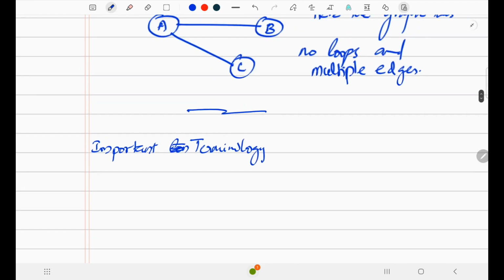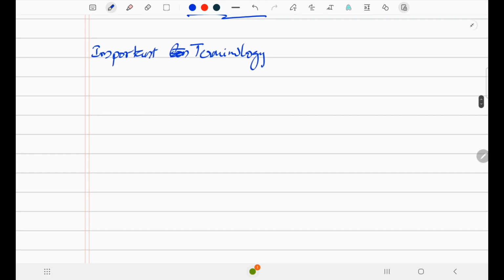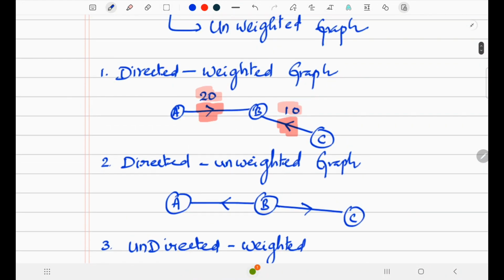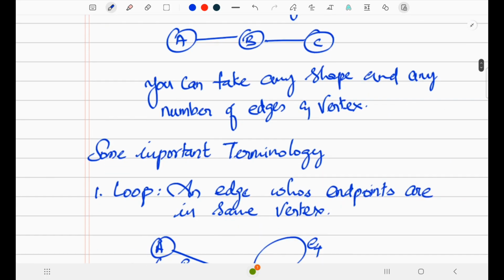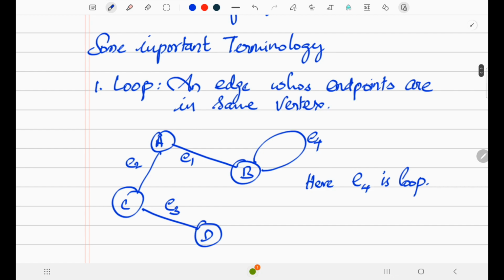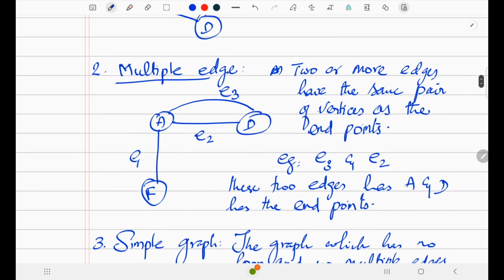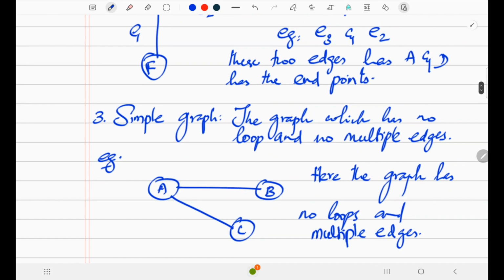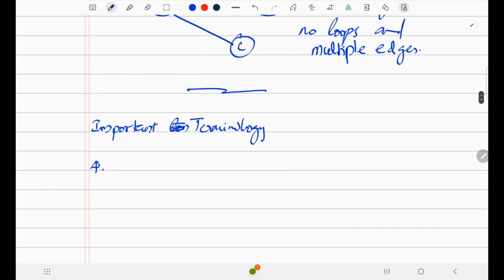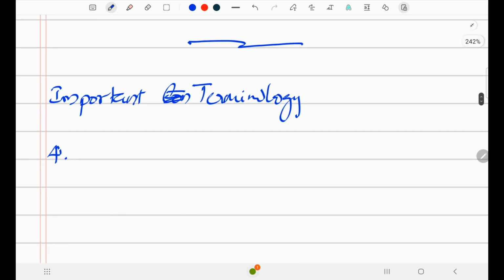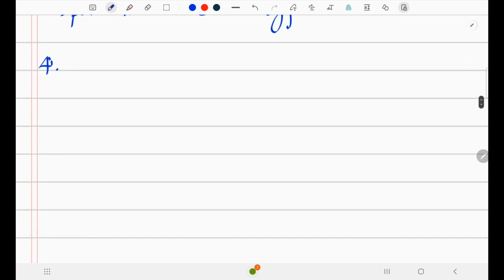Last video we have discussed some important concepts. So I'm just scrolling the above sheets. Last class I explained about graph theory and terminology: loop, multiple edges and a simple graph. Today's video I will explain more terminologies. Number 4,